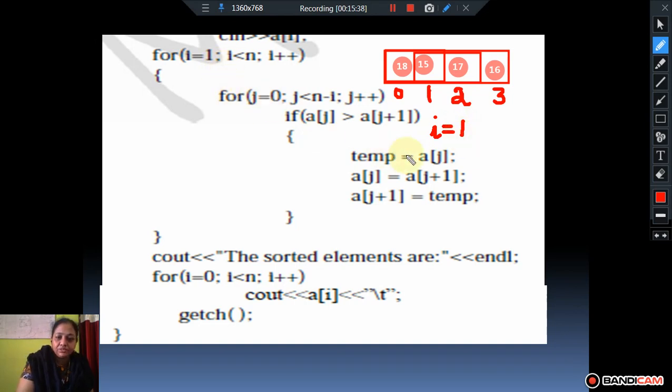For j is equal to 0, so we are taking j. So j is equal to 0. So now we are comparing if a of j, that means j is 0, 18 is greater than 15.